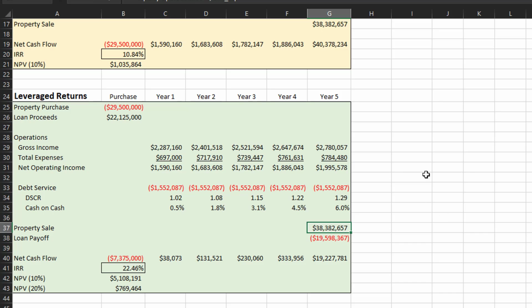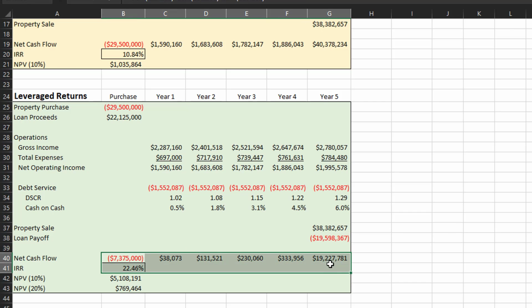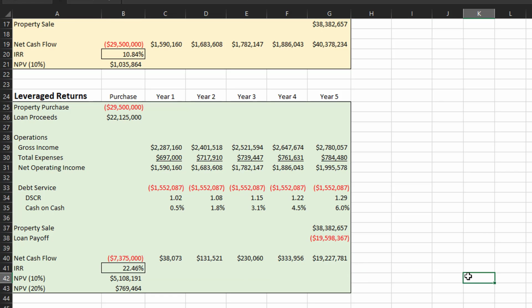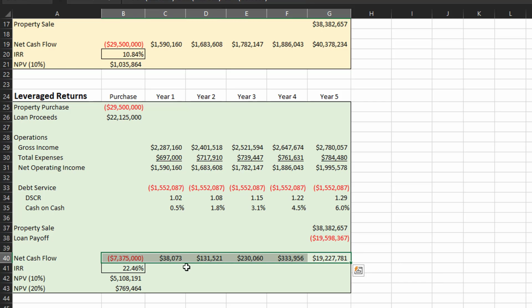And we're selling the property, that same $38.382 million. We've got to pay off the loan. I've seen in some recent work that you've done that some of you forget to pay off the loan when you sell the building. That would be really unfortunate. The bank isn't going to let that happen. They're not going to let a property close before they get paid. So we've got to account for the loan payoff to the bank. So here are the leveraged cash flows. That means we've taken into account the debt payments to the bank, the loan payoff, and the amount of money that we get from the bank. We're borrowing 22. After 5 years of making payments, we owe them 19.6. We've got to take all that into account. And here are the leveraged cash flows, this row right here. We get a leveraged IRR by taking the IRR of those numbers.